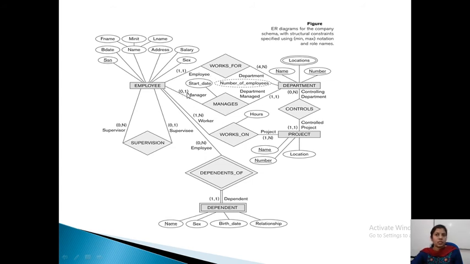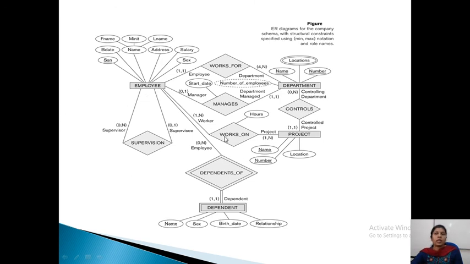If he manages, then maximum 1 department he can manage. And here in the manages relationship, what is the total count or min max number? So 1 comma 1. So department can have exactly 1 manager. So it must have 1 manager. So 1 comma 1.